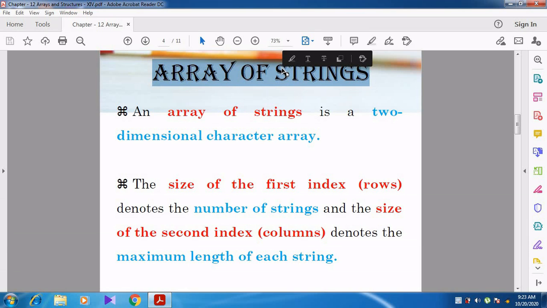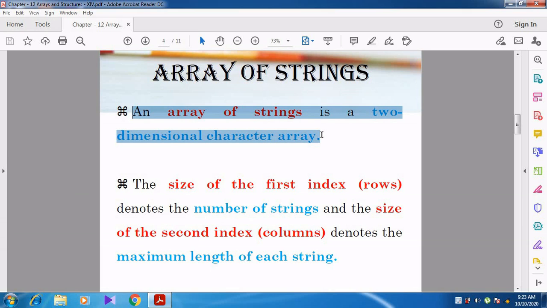If I want to store only one string, then I can use a one-dimensional character array. If I want to store more than one string, then I go for a two-dimensional character array. An array of strings is a two-dimensional character array.